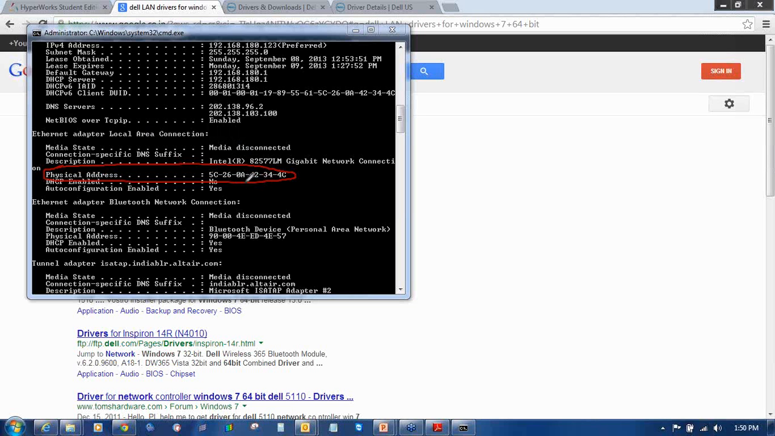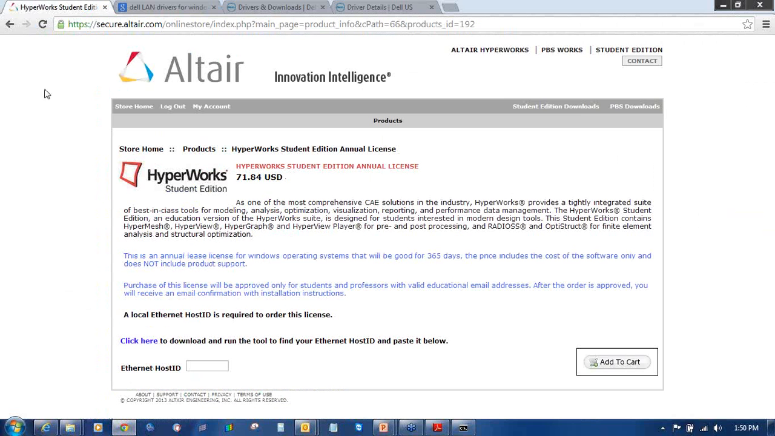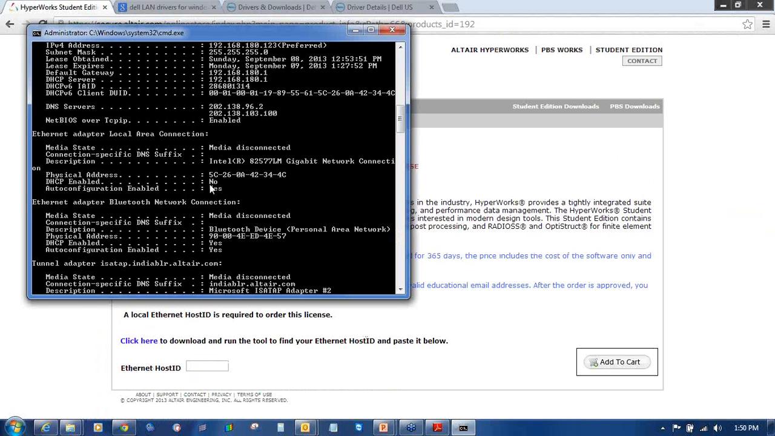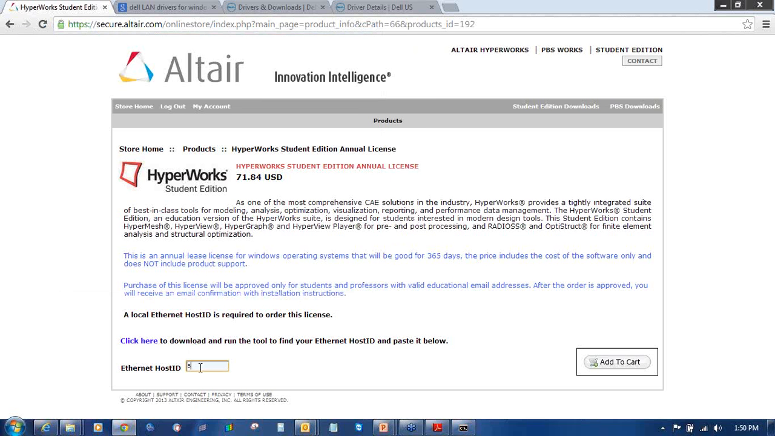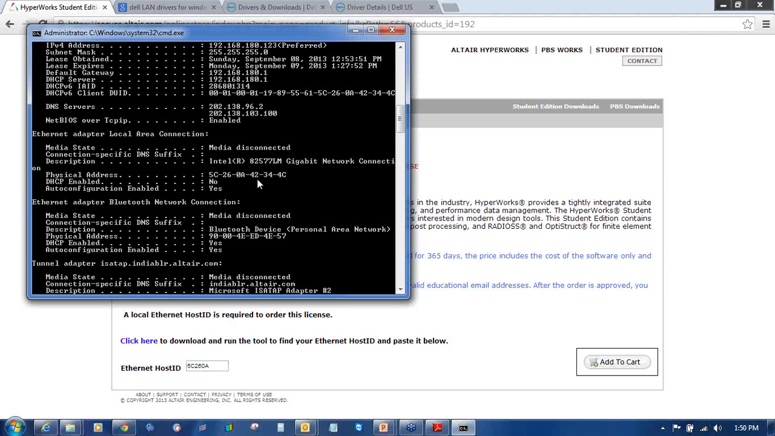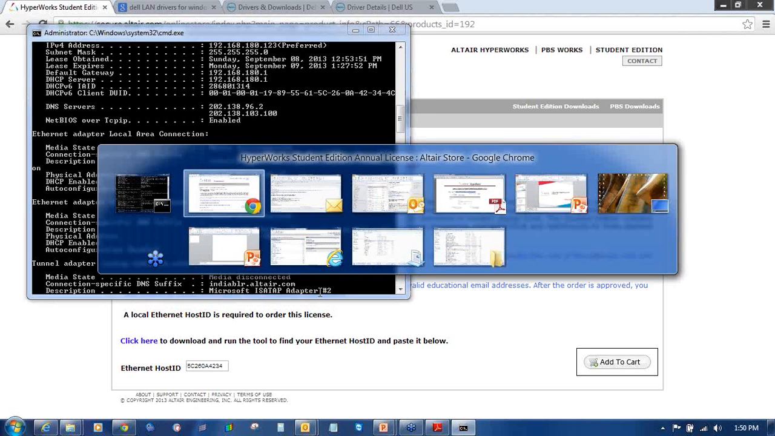So we now require the physical address. This physical address is what we want to put here in Ethernet host ID. So the physical address is 5C. You don't have to put this dash here, directly put these alphanumeric characters. So first is 5C, put it capital as it is, then 26, then 0A, then 42, 34, 4C,